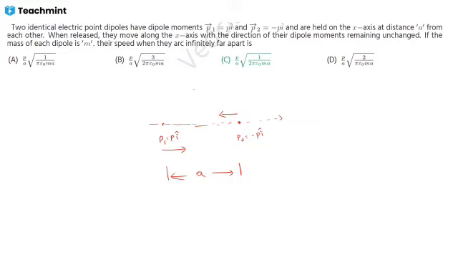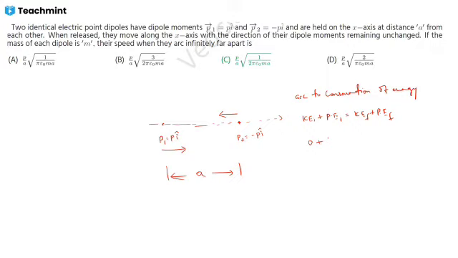So now here, according to the conservation of energy concept, the total energy before releasing is equal to the total energy after releasing the two dipoles. So initial kinetic energy plus initial potential energy is equal to kinetic energy final plus potential energy final. So initial kinetic energy is zero because both are at rest, plus the potential energy they are asking. That is,